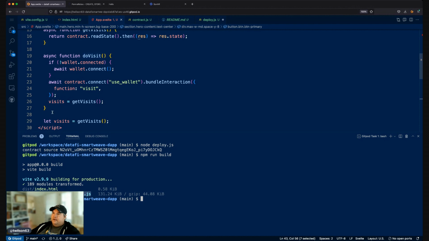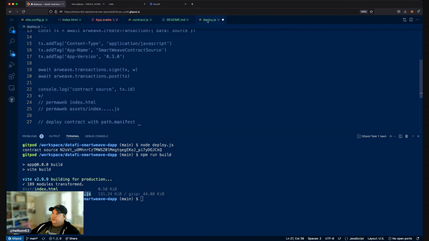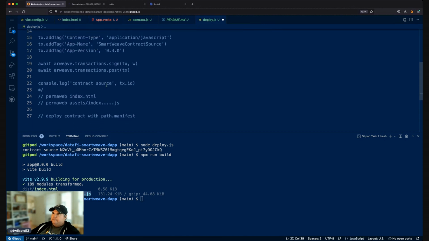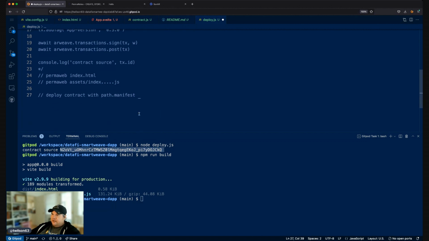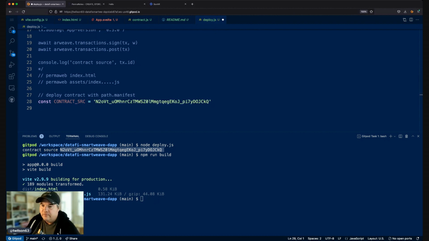So now in our deploy script, we need to write the code to deploy that Permaweb app on Arweave. So we've got this contract ID, and there's no need to add a new contract ID. So I'm just going to say const contract source equals this, and that's our contract source ID. And then what we need to do is